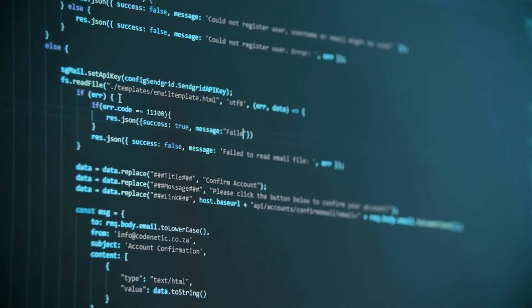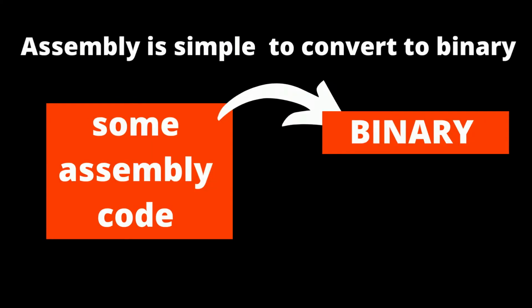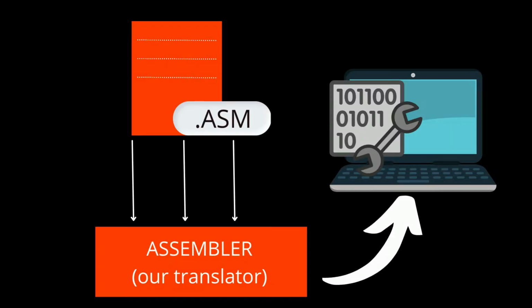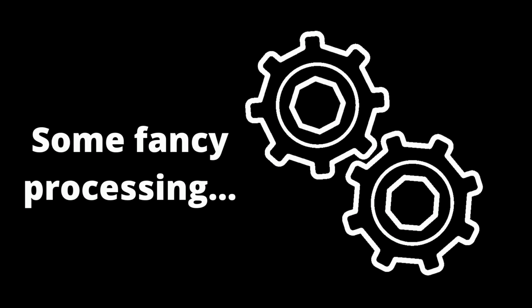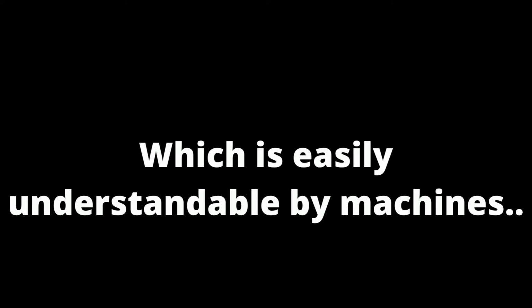Alright, let's start with a low level program like assembly. Now, assembly is called low level for a reason, right? It's due to its simplicity to convert to binary code. So, how does it handle the translation process? Let's see. In this flowchart, we can see that the .asm file of ours is taken as input by something known as our assembler. This assembler takes the code and basically uses the mnemonics of assembly and converts it to binary code, which is easily understandable by the machines.